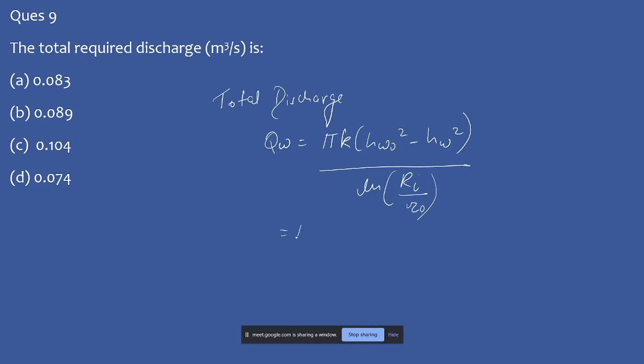So pi into 6 into 10 raised to the power minus 5, (24 square minus 13.5 square), where Hw we had calculated as 24,